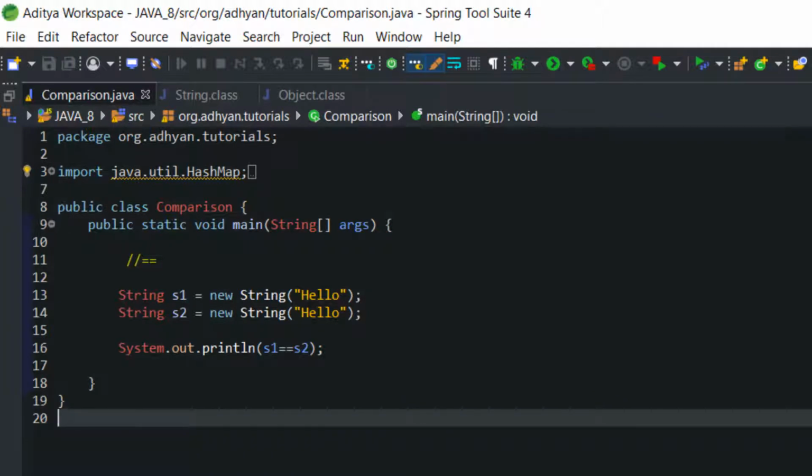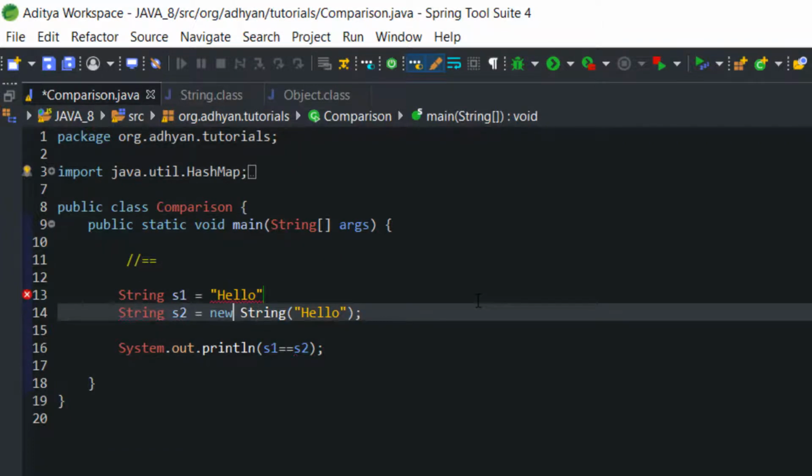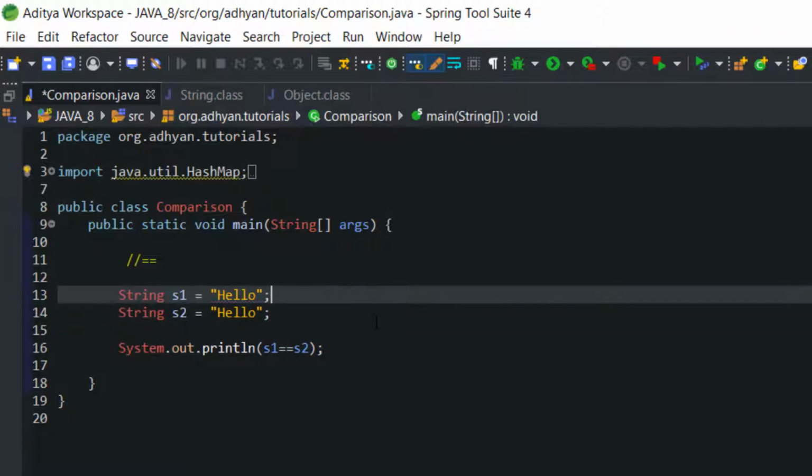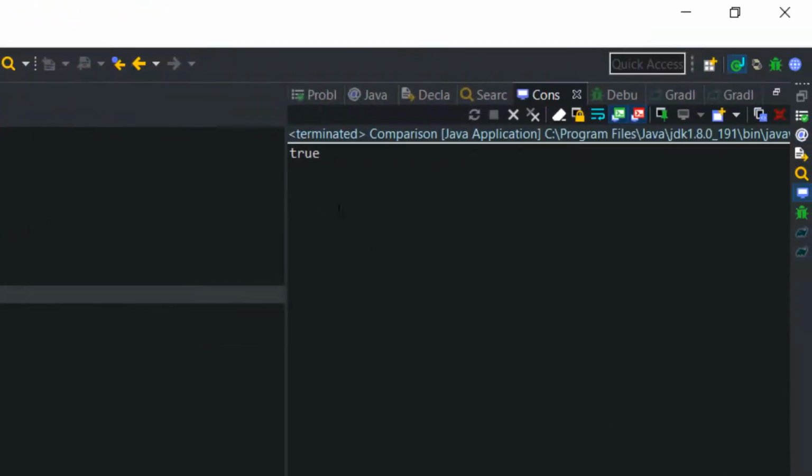Now what if, instead of using the new operator, I use a literal value? Then in that scenario it is returning true.